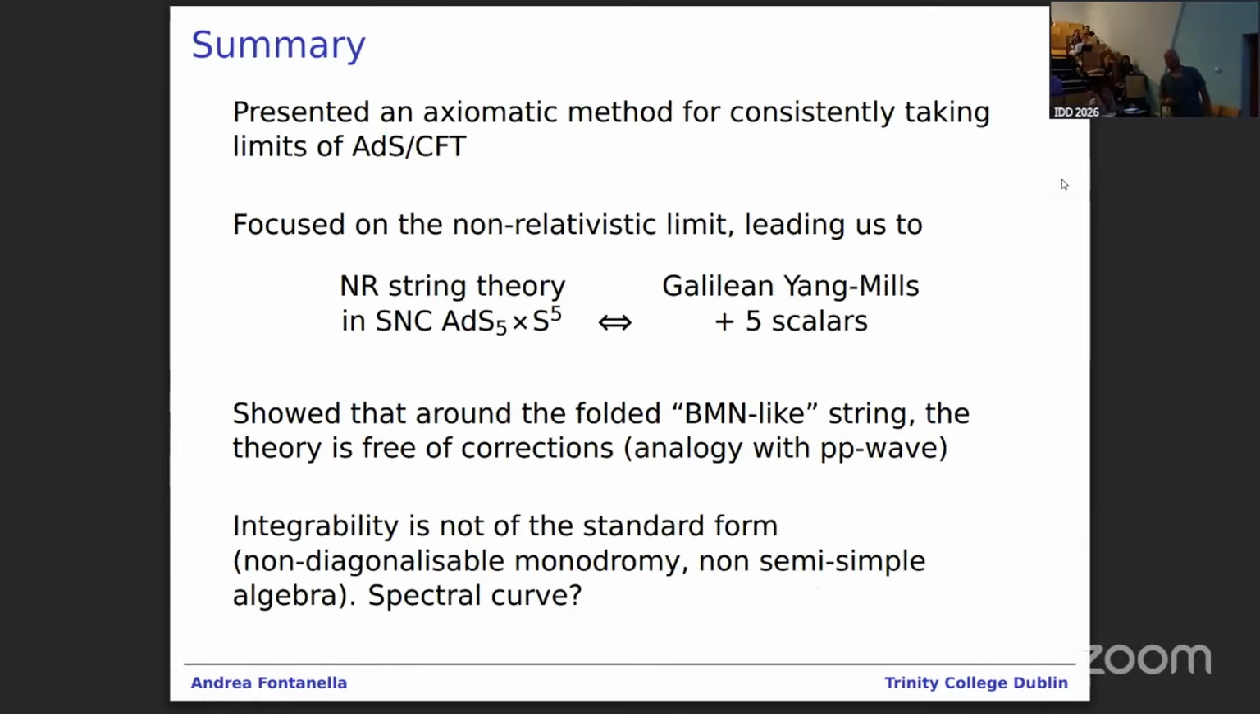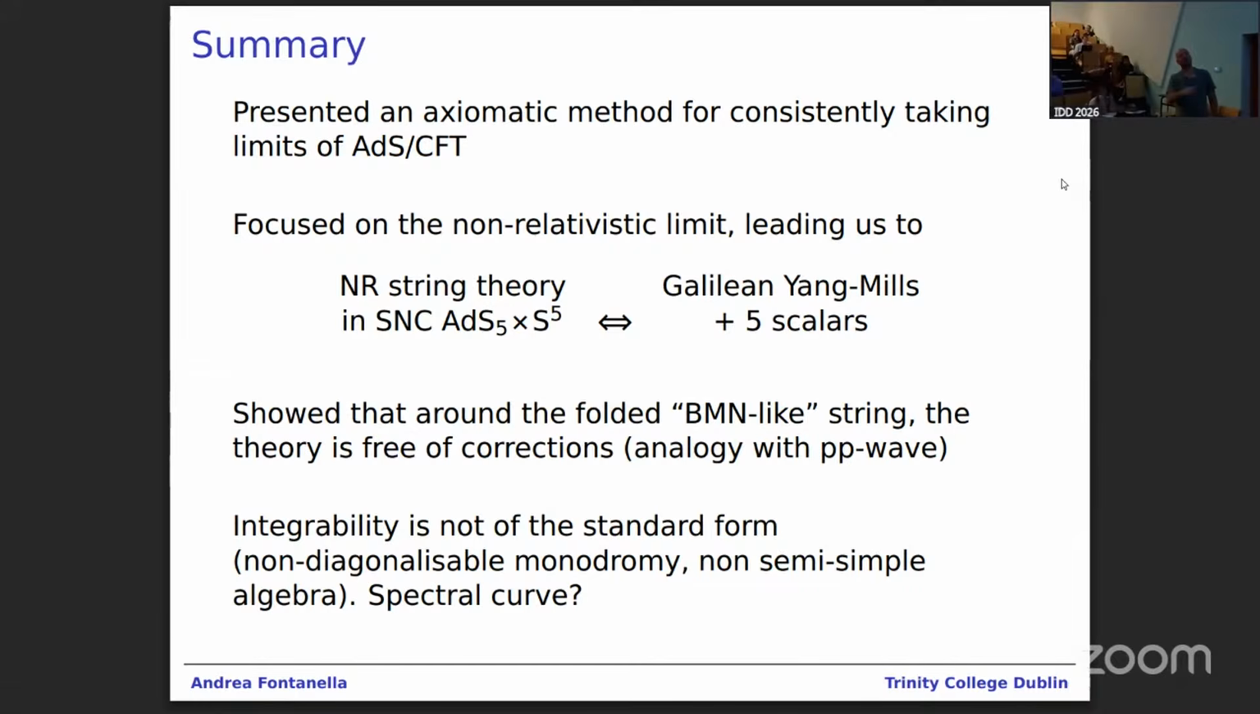Okay, so I'm reaching toward the end. I just summarize what we've seen. So we presented an axiomatic method for consistently taking limits of the AdS/CFT. And with that method, we focused then on the non-relativistic limit, which led us to propose a duality between the non-relativistic string theory in a string Newton-Cartan AdS5 × S5, those Gomis-Kamimura theory, and the Galilean Yang-Mills as a boundary